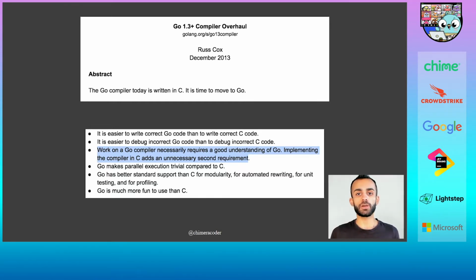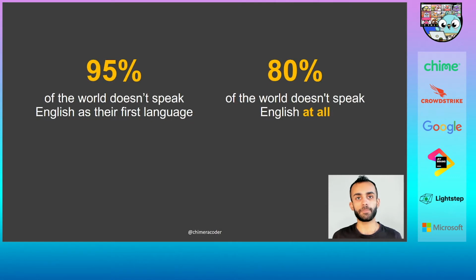Even reading the code, understanding what things like function, if, case, fallthrough all mean. That's something that you and I might take for granted, but for some people, even reading the Latin script is an extra barrier. And this is not just a barrier for a small number of people. In fact, it's a barrier for the majority of the world.